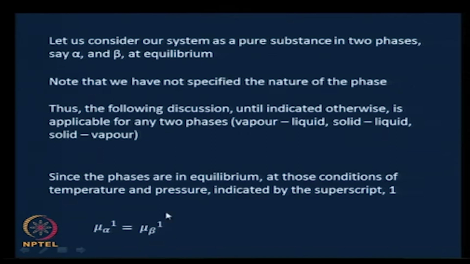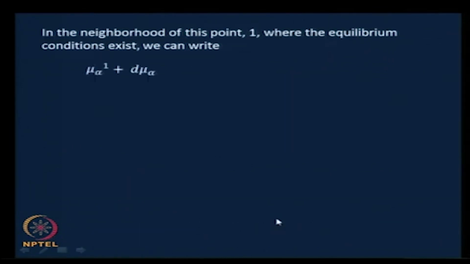And we said that at equilibrium the chemical potential of a certain component between the two phases must be equal, and therefore, mu alpha must be equal to mu beta. This one determines the conditions of temperature and pressure that are specified at that particular point. So, mu alpha 1 equals mu beta 1 is the basic criterion, and then we went about deriving